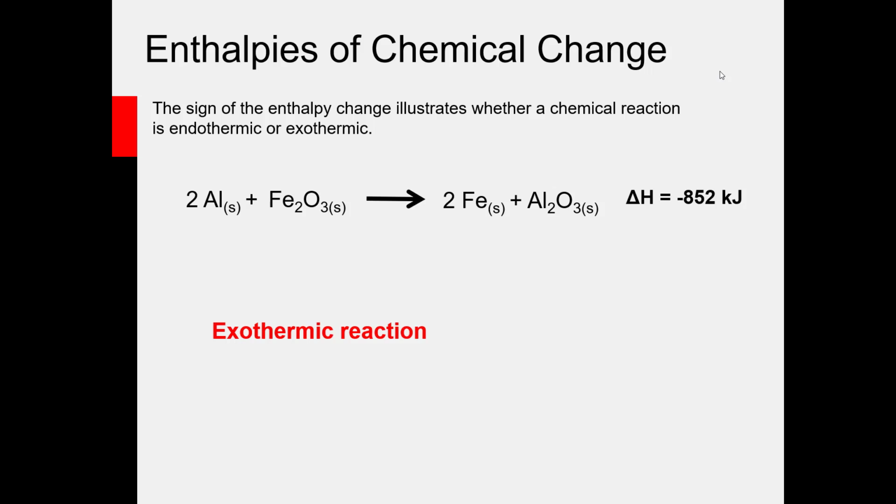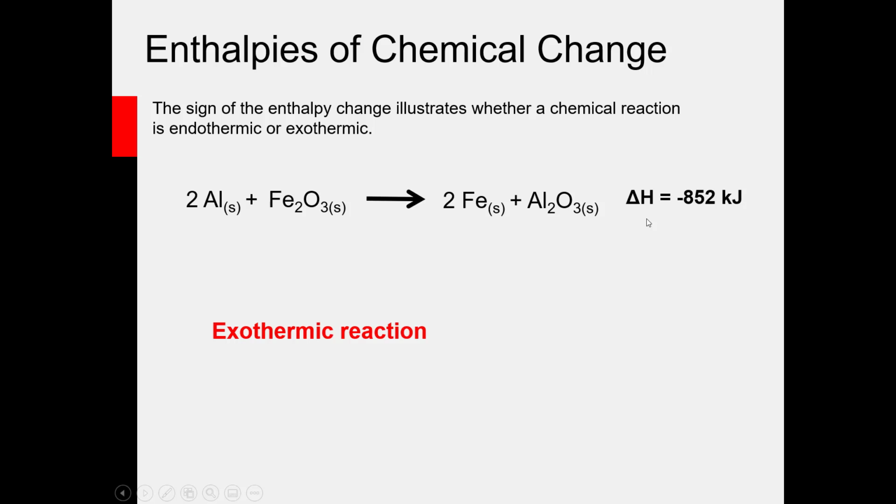Knowing how much heat is released per mole of reactant is essential to gaining some control over that reaction and putting it towards a useful purpose. So if we look at the thermite reaction, the balanced chemical equation for the thermite reaction, once again, is 2 moles of solid aluminum react with 1 mole of solid iron(III) oxide to make 2 moles of solid iron and 1 mole of solid aluminum